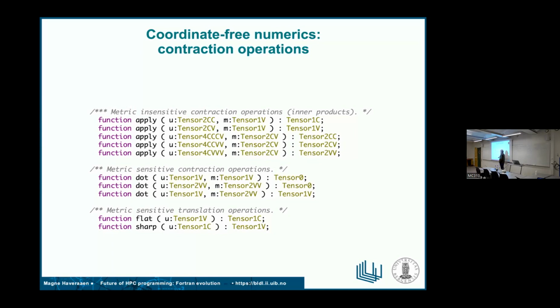And you could change them into metric insensitive operations by first doing a translation between vectors and covectors, or translating from covectors to vectors, because then you would be in this multiplication domain where you are coordinate system independent, but moving between vectors and covectors is sensitive to the coordinate system you have. We've experimented with various kinds of curvilinear systems, cylindrical systems. So choosing these kind of systems is possible to embed in the implementation of these operations.